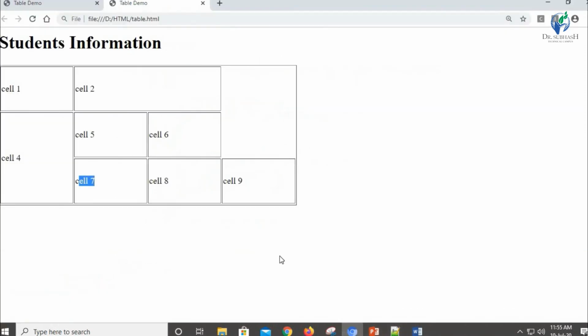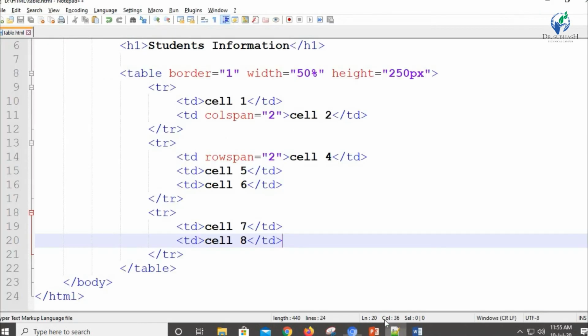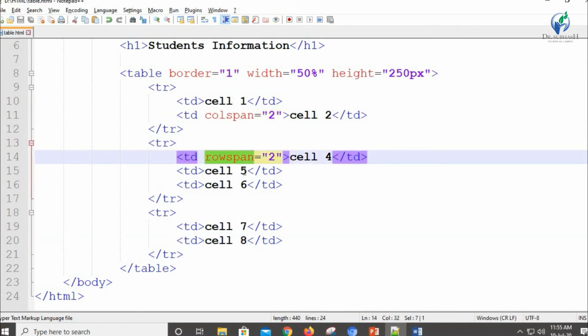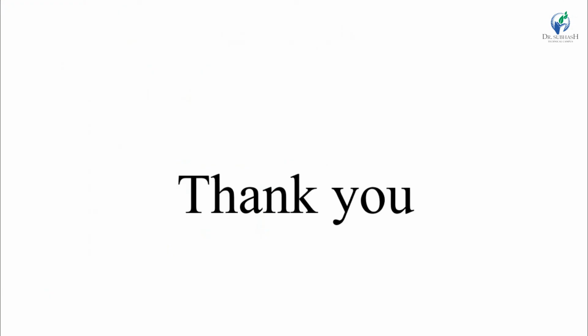Now we will see the output. This is what the structure is, right? So rowspan is used to merge rows and colspan is used to merge columns. This is how we create different irregular structures with the help of rowspan and colspan, and these are attributes applied to your TD. They are attributes only for the specific TD tag. We cannot apply these attributes to your TR and table. So this is all about the HTML table. Thank you for watching the video.